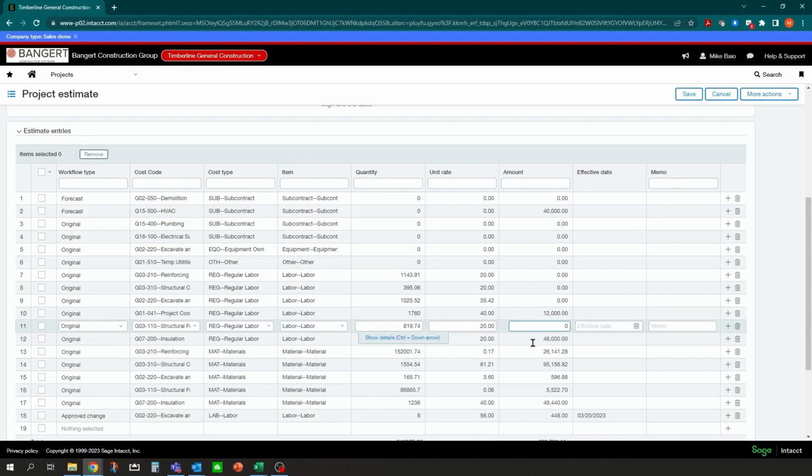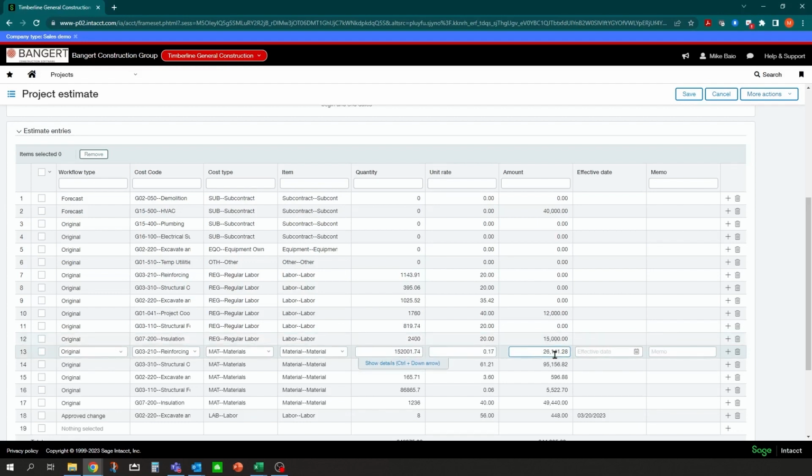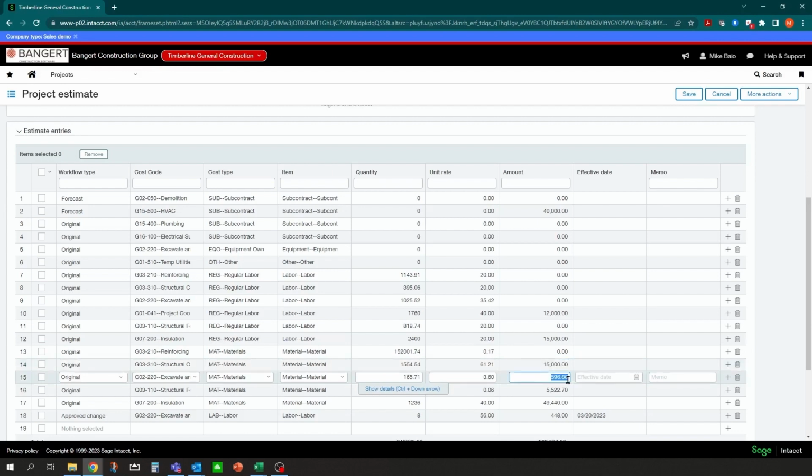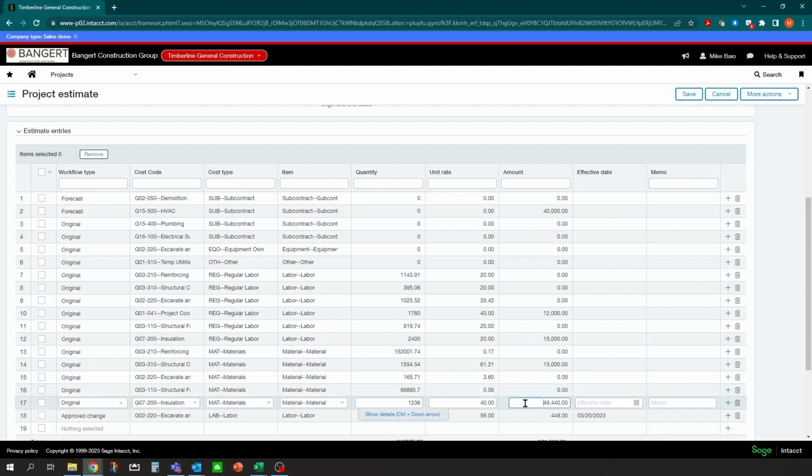We're done with our structural and insulation. We need another 15,000 for insulation. We're good for material, and I think you get the idea here. Once you set these up, then you can just add and edit these each month. So we've got the first forecast here, and again, you can do this in Excel.